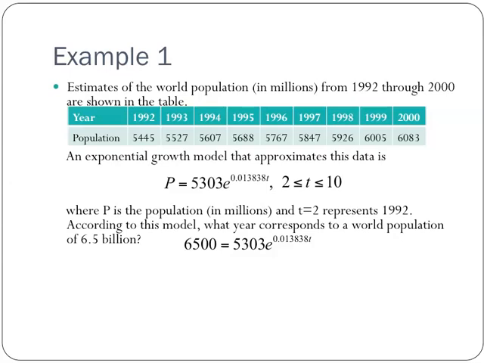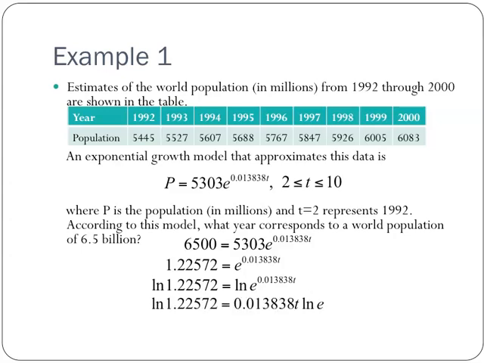We'll apply everything we know about how to solve an exponential equation. So let's isolate the e to the 0.013838 t. Divide both sides by 5303. And then we'll take the natural log of both sides. Now we use the power law, move that 0.013838 t out in front. The ln of e cancels. And now we solve for t, so divide both sides by 0.013838. This gives us that t is about 14.7,